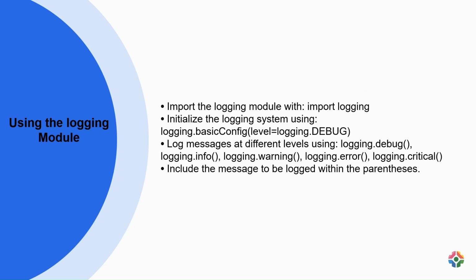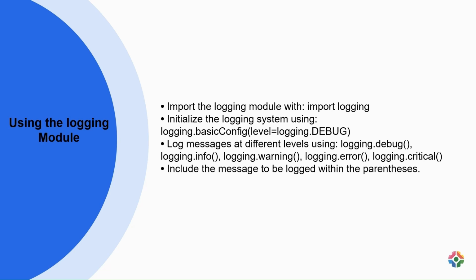To utilize the logging module in Python, you must first import it by adding import logging at the beginning of your script. Next, initialize the logging system by setting the desired logging level using logging.basicConfig(level=logging.DEBUG). You can log messages at different levels by using specific functions like logging.debug, logging.info, logging.warning,